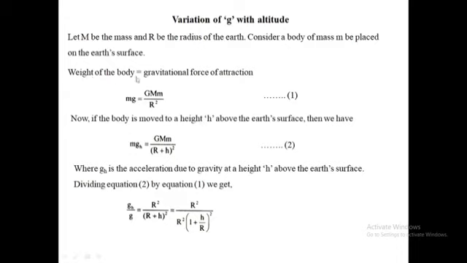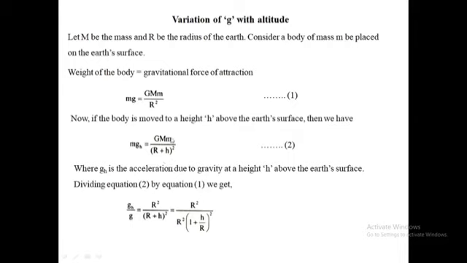weight of the body is equal to the gravitational force of attraction. Therefore, from this we can write mg, the weight of the body, is equal to the gravitational force, which is GMm upon R square. Equation number 1. Now, if the body is moved to a height h above the Earth's surface, then we have